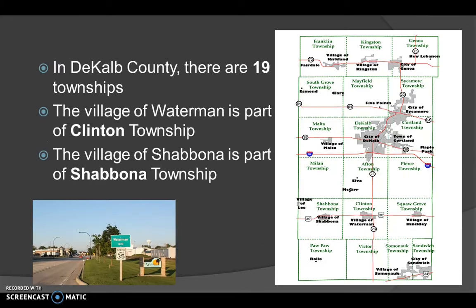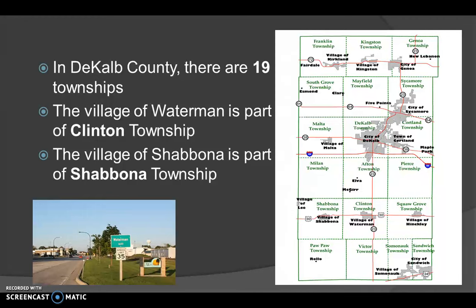In DeKalb County, there are 19 different townships. The village of Waterman is part of Clinton Township, and the village of Shabbona is part of Shabbona Township. So if you look at the map over here on the right, it goes all the way from the village of Kirkland up in Franklin Township, all the way down to Waterman down here in Clinton Township, and Shabbona is in Shabbona Township. It's just a smaller government, so the whole thing is DeKalb County, and these are just small governments that govern